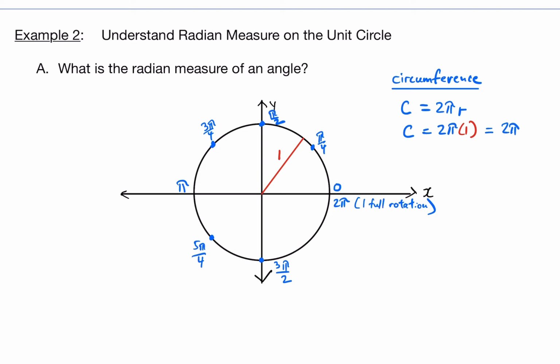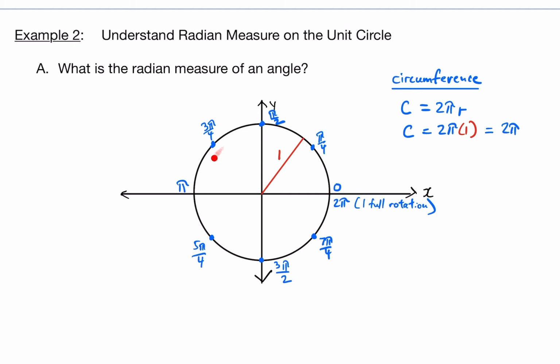And then lastly, going halfway through this rotation in this quadrant, we'd have 7 pi over 4. Okay, so as you can see, we went from 0 all the way to 2 pi in one full rotation,